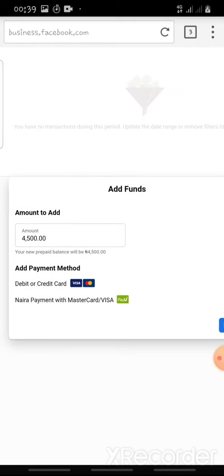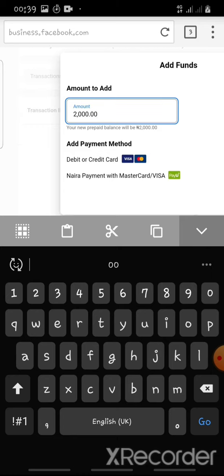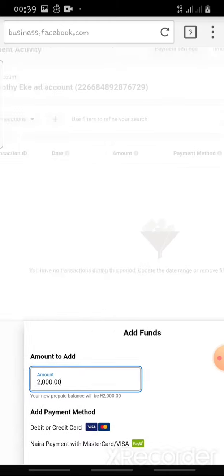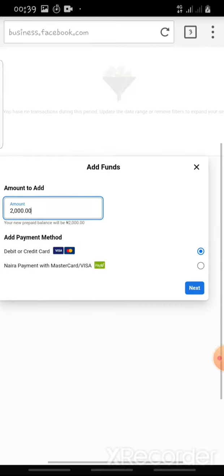All you have to do is to delete these ones, go back. So let me try going for the 2,000 naira option. So this is 2,000 naira already, rather. So we are there now. I'm trying to go back so that you see what I'm doing. We are going to add the prepaid. This is the prepaid method, not the postpaid now. You can see you can add either with debit or credit card,